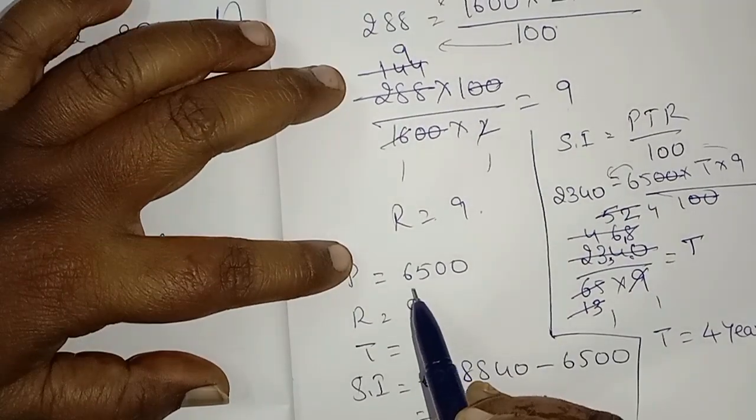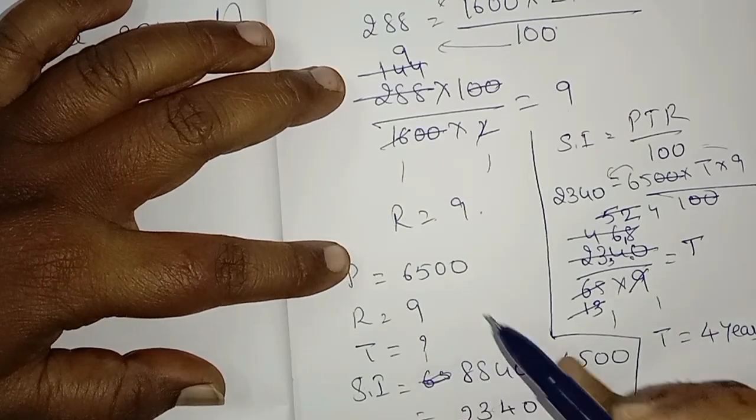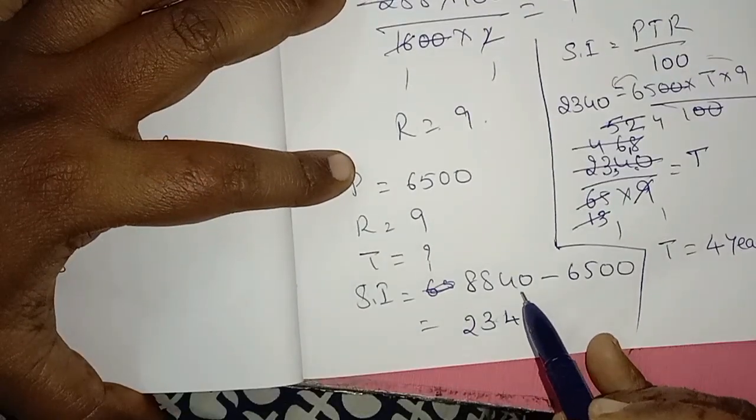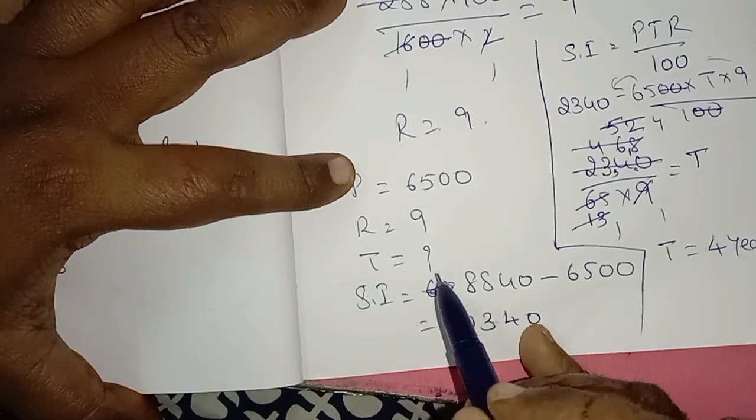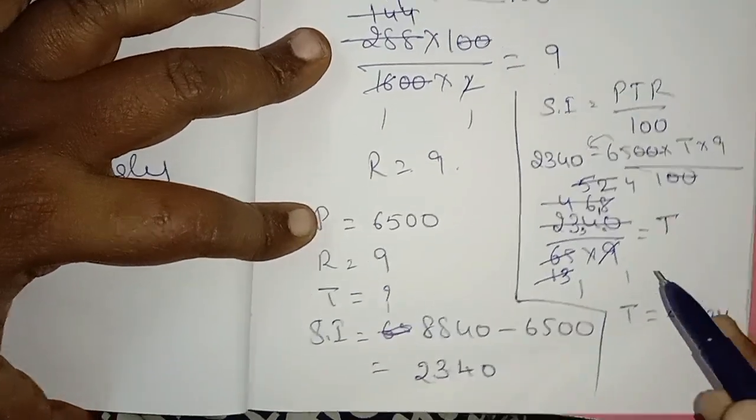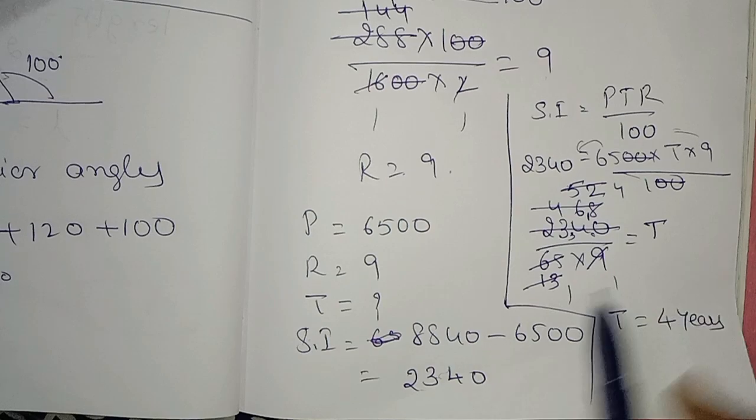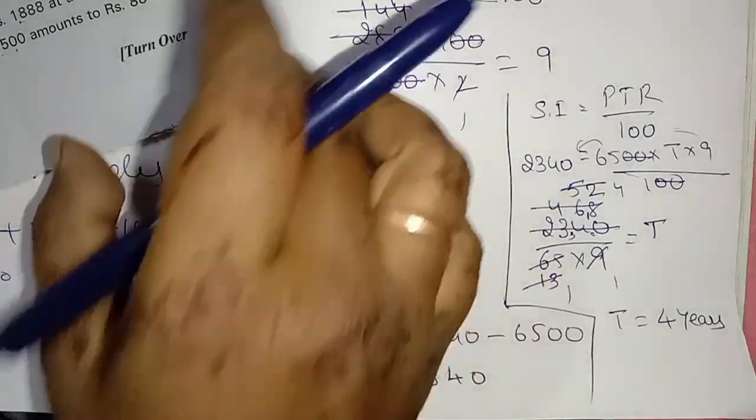Next, what they are asking: 6500 principal amount amounts to 8840, they are telling. So how much simple interest was added? 2340. Time we don't know, rate of interest is the same. So substitute your values again. You will get time as 4. Next,